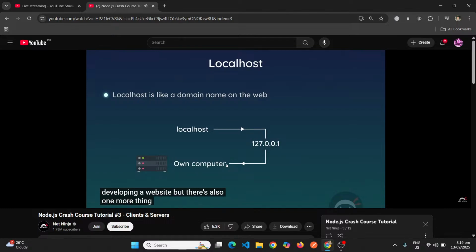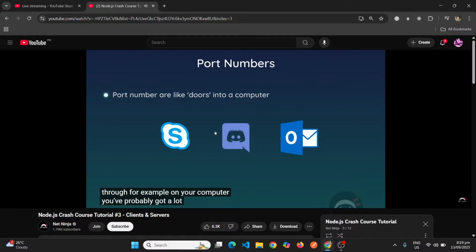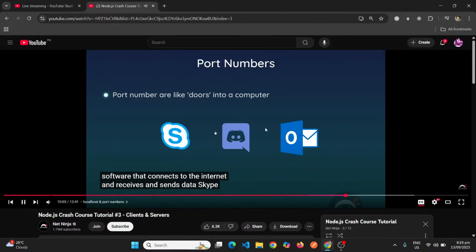But there's also one more thing to understand, and that is port numbers. A port number represents a specific channel, gateway, or port on our computer that a certain bit of software or server should communicate through. For example, on your computer, you've probably got a lot of different software that connects to the internet and receives and sends data. Skype, Discord, mail